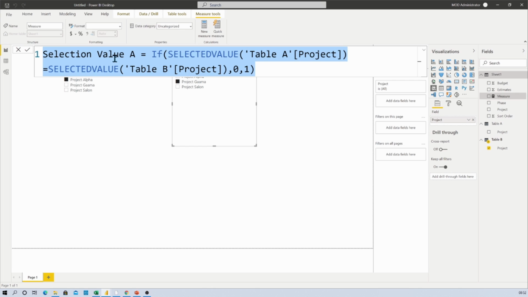Now let's copy the same thing. Let's hit enter. So that has created one measure here.